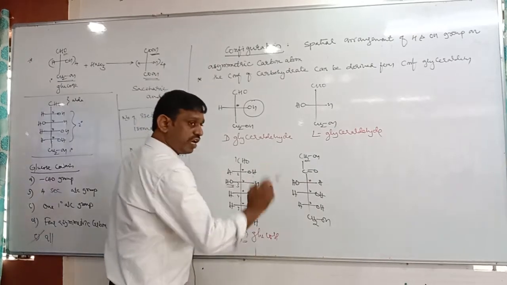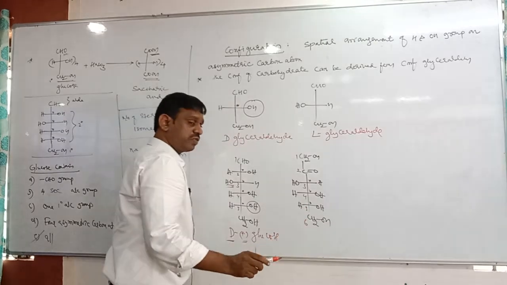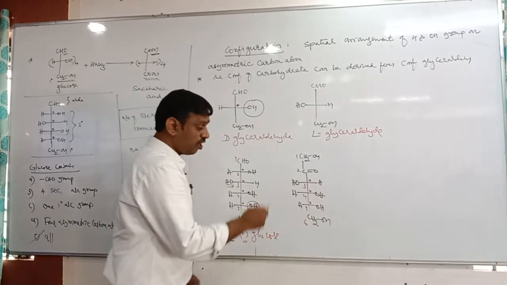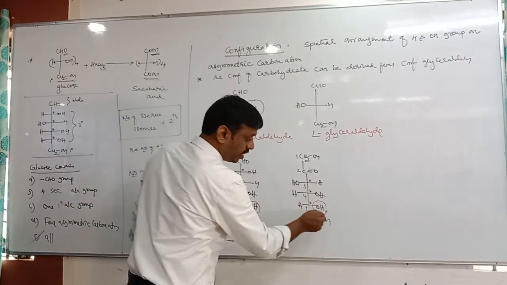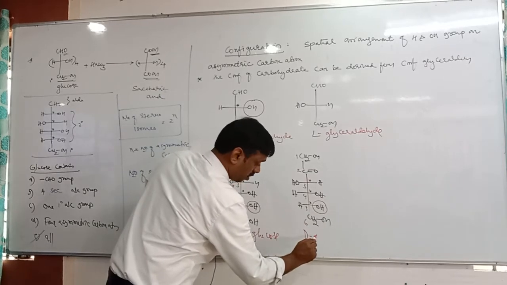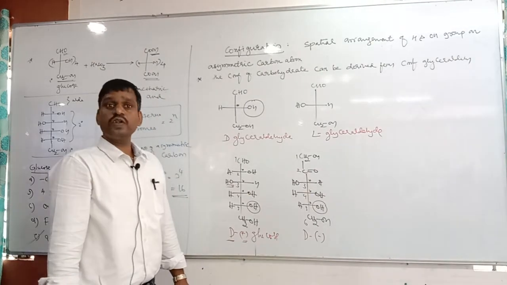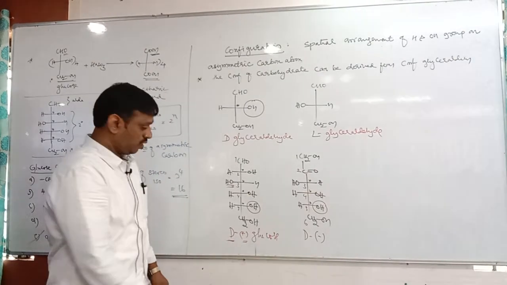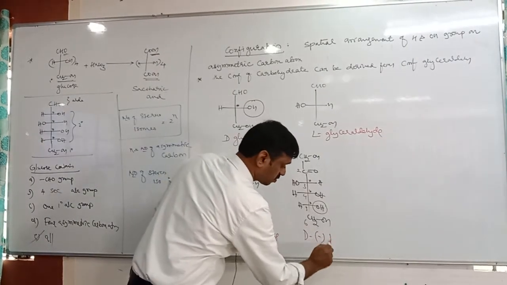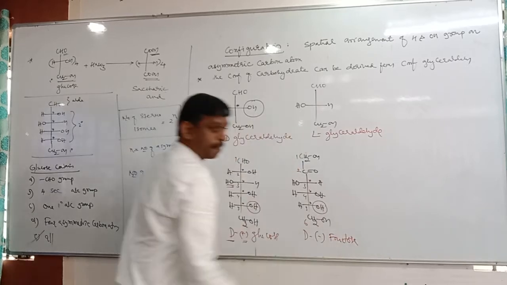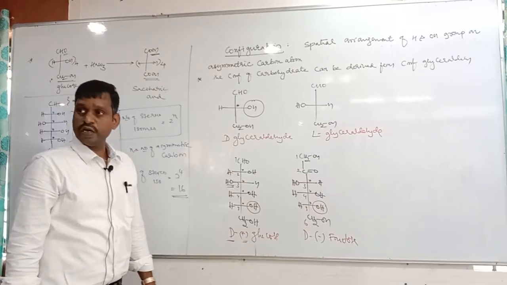Among the 3 asymmetric carbons, which is the highest? Highest asymmetric carbon means the last asymmetric carbon. Which is the last? The fifth carbon, where OH is on the right side, therefore it is a D. Okay, plus or minus? Fructose is minus. Fructose is called levorotatory, levulose. Glucose is dextrose, and this is levulose. Therefore it is D minus fructose. So like that you can assign the DL configuration of any carbohydrate.